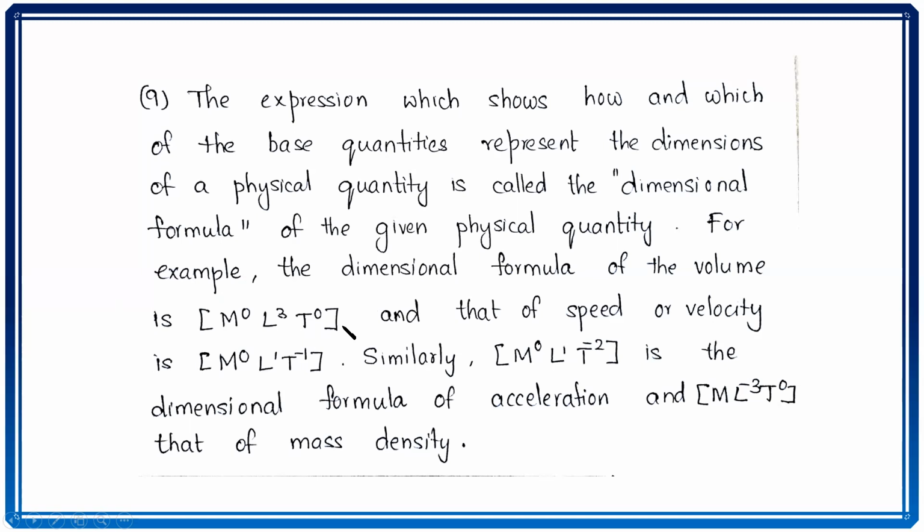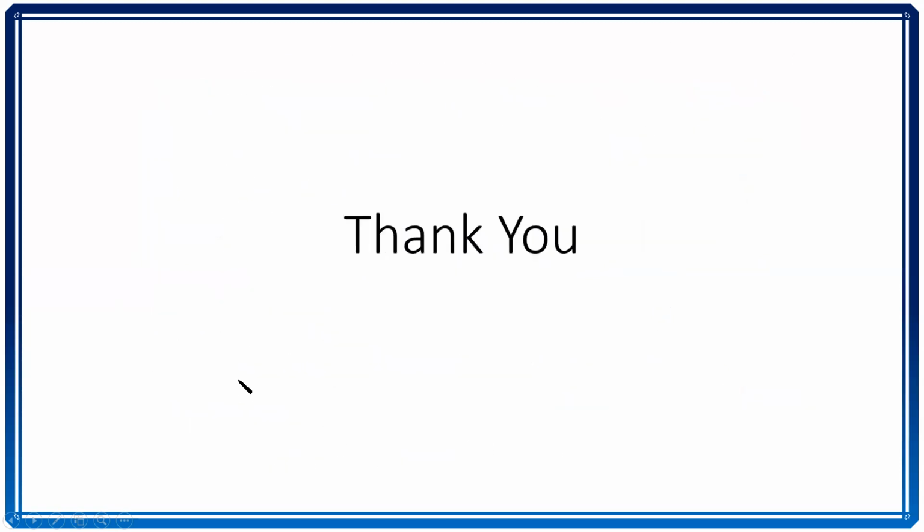So the expression for volume is M0 L3 T0. The expression which shows how and which of the base quantities represent the dimensions of a physical quantity, in this case volume, is called the dimensional formula of the given physical quantity. So for volume the dimensional formula is M0 L3 T0, and for speed or velocity it is,